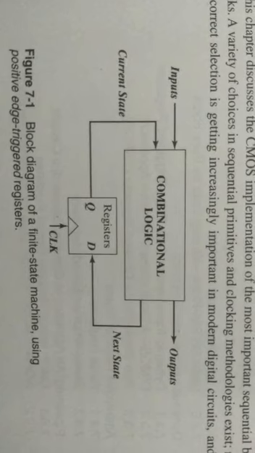The system depicted here belongs to the class of synchronous sequential systems, in which all registers are under control of a single global clock. The output of the FSM is a function of the current inputs and the current state. The next state is determined based on the current state and the current inputs. You can see here we have the input as well as the current state, both acting as inputs to the combinational logic, and depending upon that we will get the next outputs.